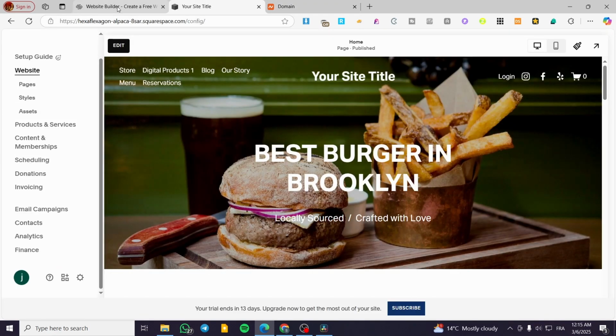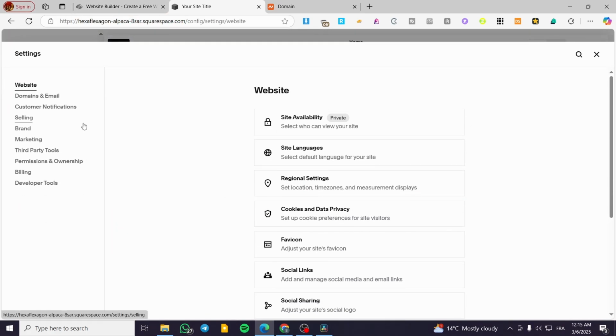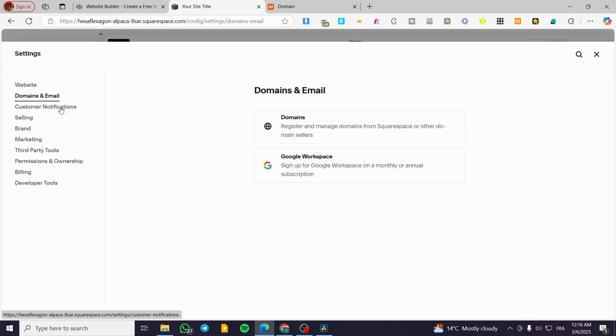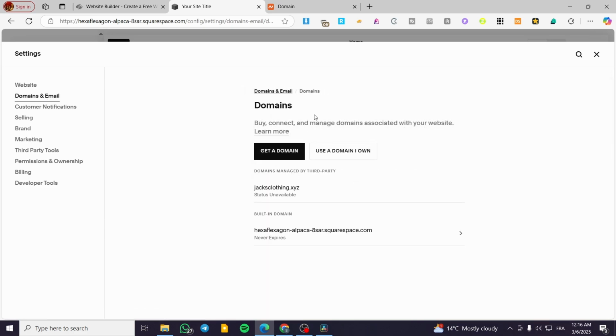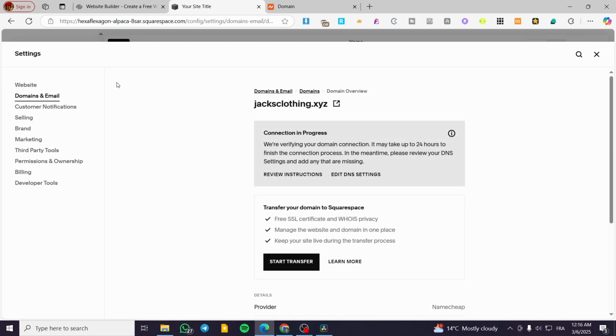Now, I'm going to head over to the settings, and we're going to head over to the second item, as you can see, which is going to be domains and emails. Click on domains and emails, and then we're going to look for the domain. So after you have set up the domain, as you can see here, domains managed by third party,